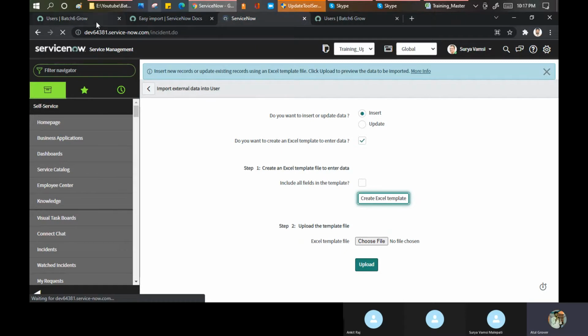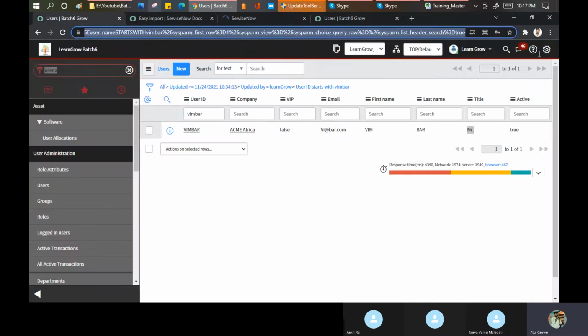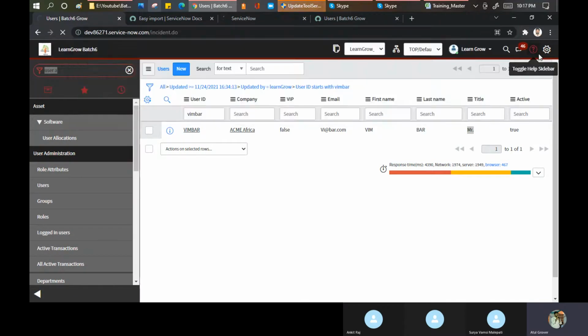अच्छा, मैं अपने वाले पे चलता हूँ. मैं तभी कहूँगा कि मुझे मिल क्यों नहीं रहा, अदरवाइज मेरे में तो आ जाते, आ गया ना वो, because I'm using this Suraj instance. No problem. Let me open this.